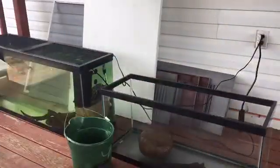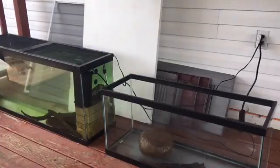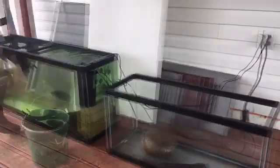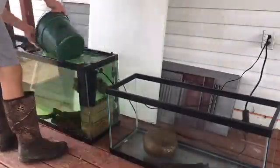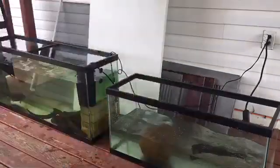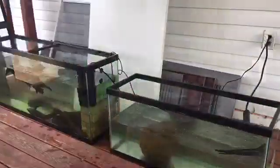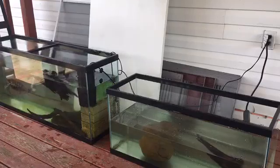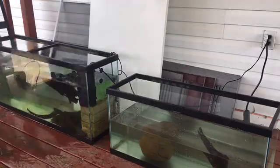Even this as well, so much more space. This is a 30-gallon tank, and this is where I put Mr. Little for a while, just getting him acclimated to me and everything. But I started to have trouble. I had a top for the 55-gallon, but I didn't have a top for the 30-gallon, so I had to make some makeshift stuff,